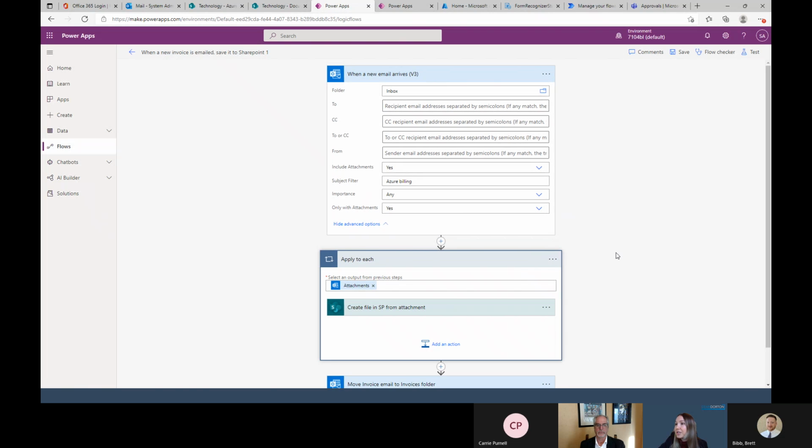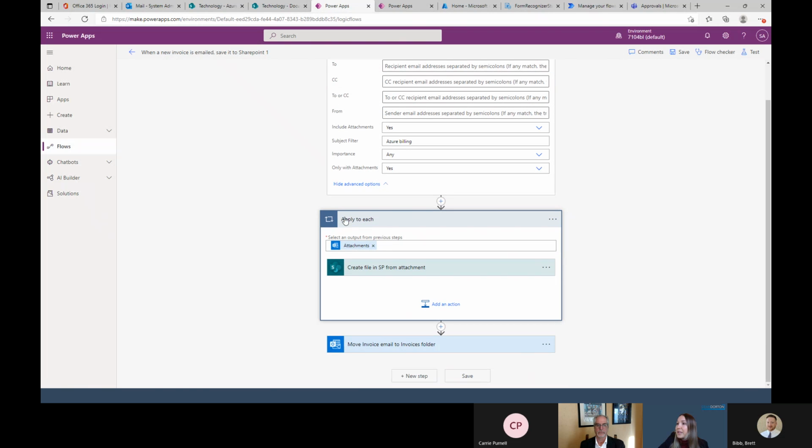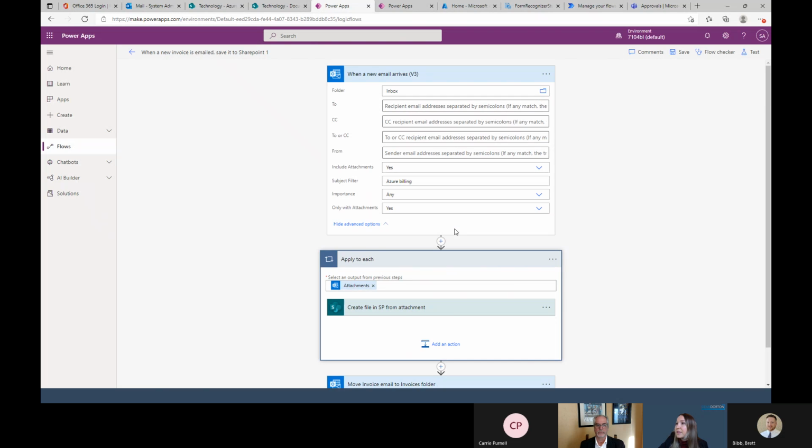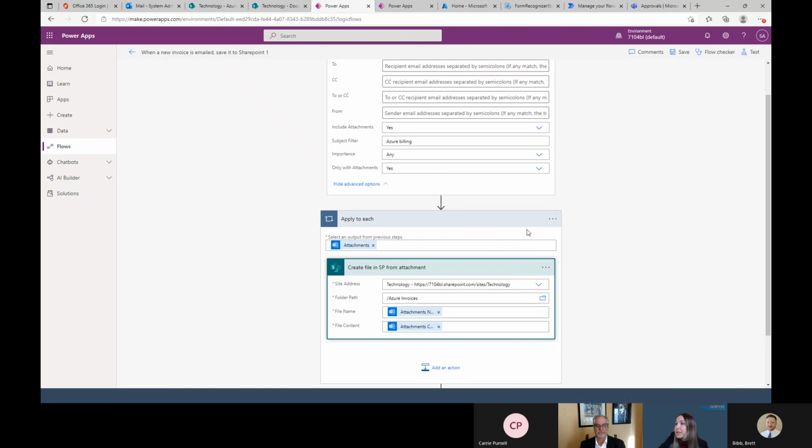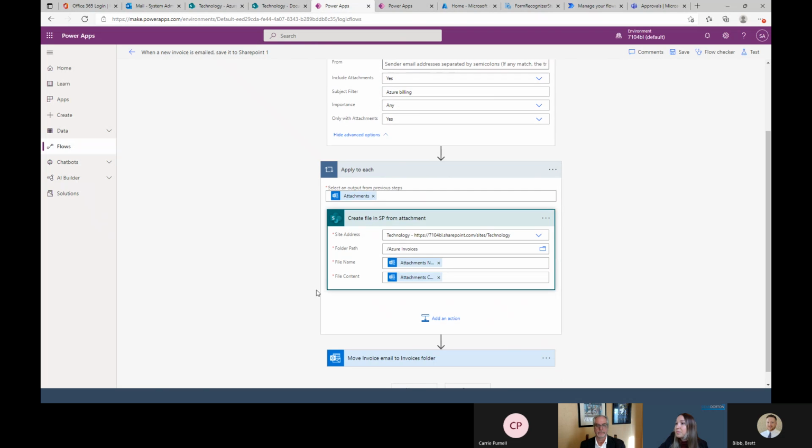And then the next action, this apply to each. We will see this action in both workflows, but basically it's a loop. I use this here because the attachments in the email are in array format, so in order to drill down to it, I need to use that outer action. And then here,